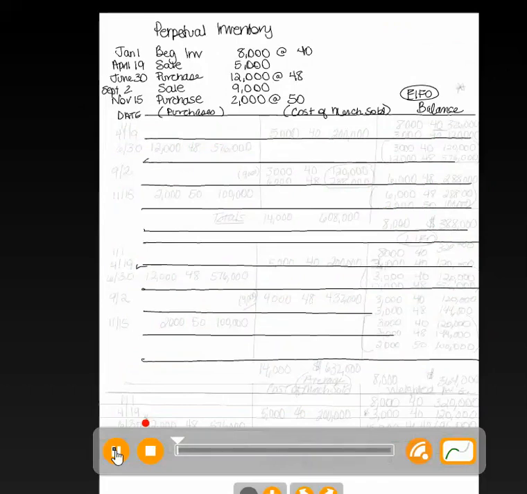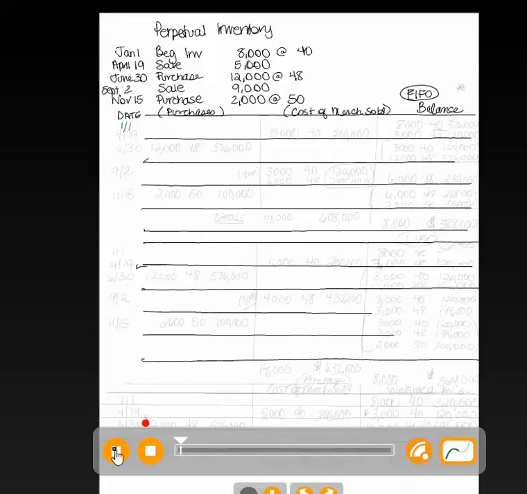We're going to look at 3 examples of inventory costing, and we're going to make a chart for each example. The first example is going to cover FIFO, first in, first out. I've written the information for the problem at the top of the page, and you'll see that on